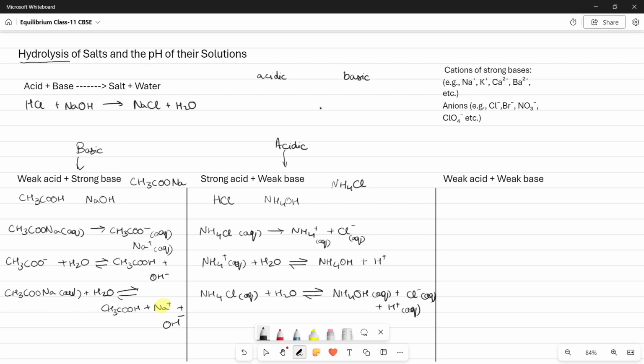The last example is going to be a weak acid and a weak base. So we are going to consider CH3COOH, and a weak base is going to be